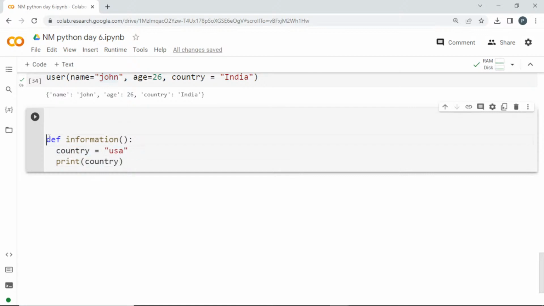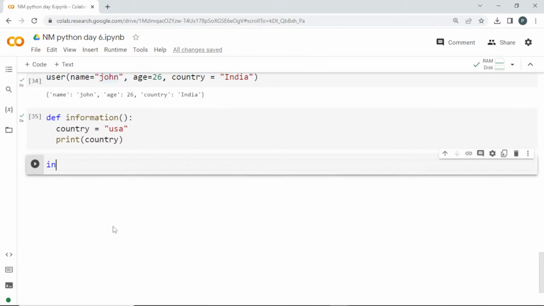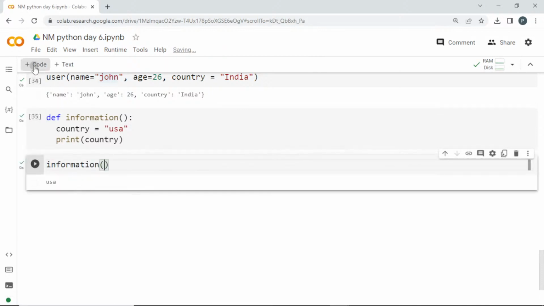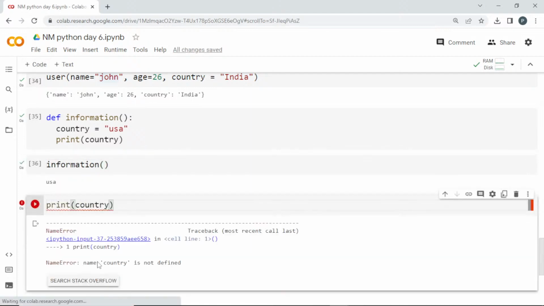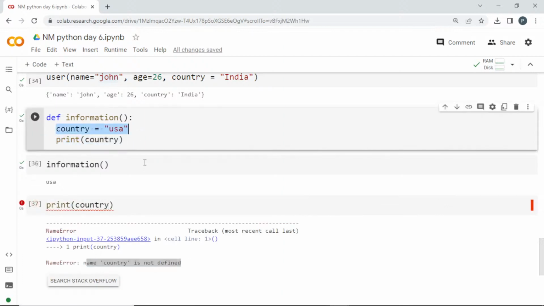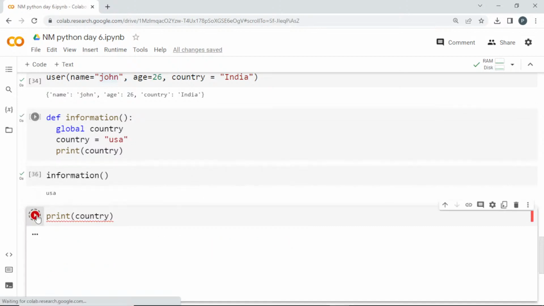So if I remove this, I'll run this one. This is a function. If I want this information, I can run it. If I try to print the country outside, see here it is not defined. It is actually present here, but you cannot access it because it is a local variable. If you want to make it global, you can go with global and next to that pass the name of this variable. So now this country will be a global variable, and if I run this,